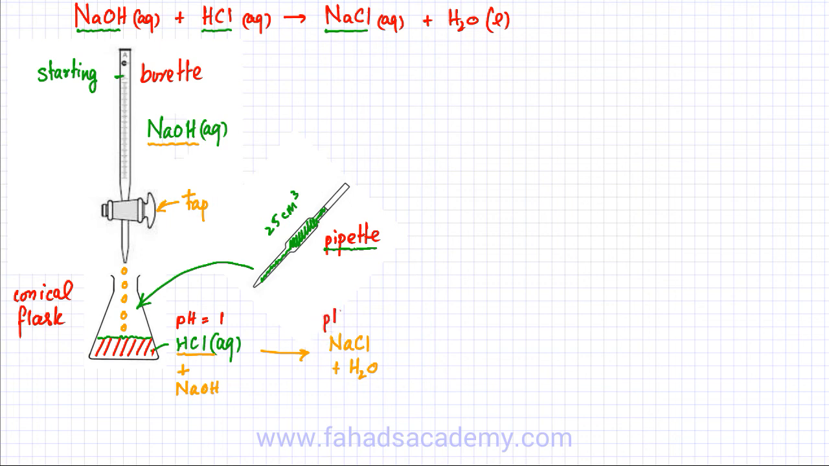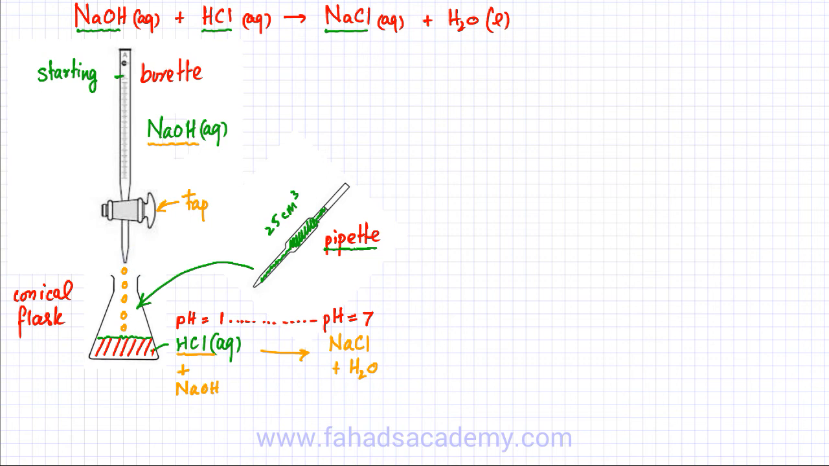NaCl is neutral. It's a salt. So salts have neutral pH. So NaCl is going to have a pH of approximately 7. Now, this pH would gradually change, and it would be converted into 7. But if I don't stop the tap, if I don't turn this tap off, and if I keep on adding